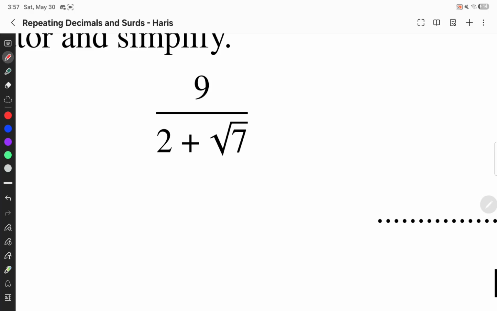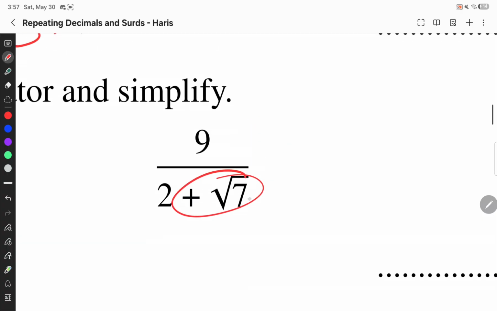Now this conjugate word, you will hear in A-level mathematics or AS, I don't know, complex numbers. But here we can use the same thing, where we flip the sign of the surd. Yes, the coefficient of the surd, we flip its sign. That's what the coefficient means. So multiplying by the conjugate